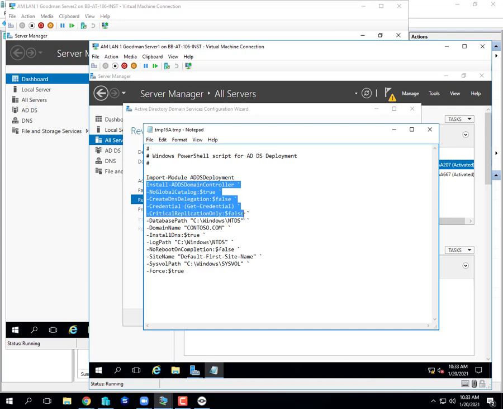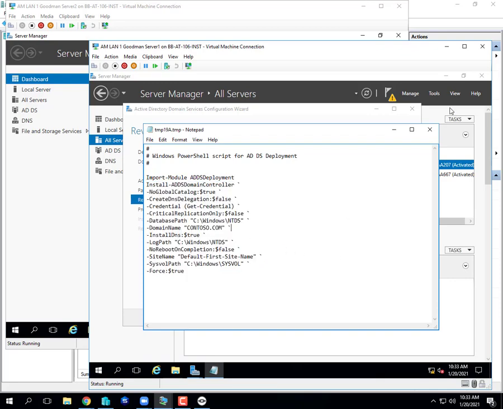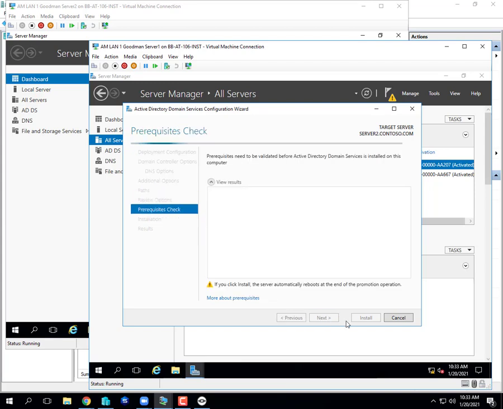And all the options, it's going to join contoso.com. So we're going to let the dialog do that, but we could paste that into a command prompt and it would promote. We'd have to paste it on the server too, or remotely connect to it and make it run remotely. They just click next and install. After it checks everything,